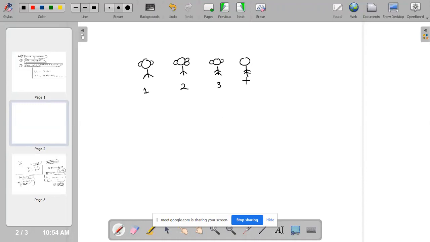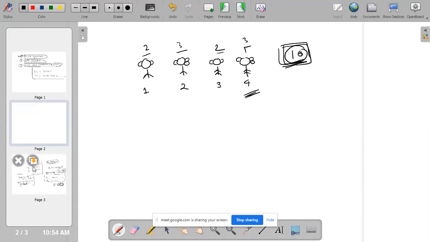Again, bunny 4 is having 3 ears. So if you have 4 bunnies, what will be the total number of ears? So 3, 3, 2, 2, right? 6 plus 4, it will be 10. So the total number of ears we have is 10. So you have to give output as 10. Try doing that. You have 5 minutes.